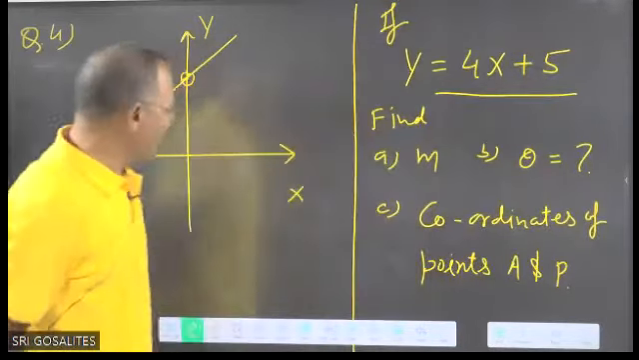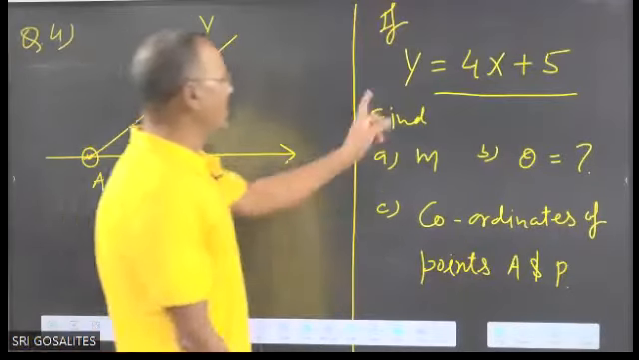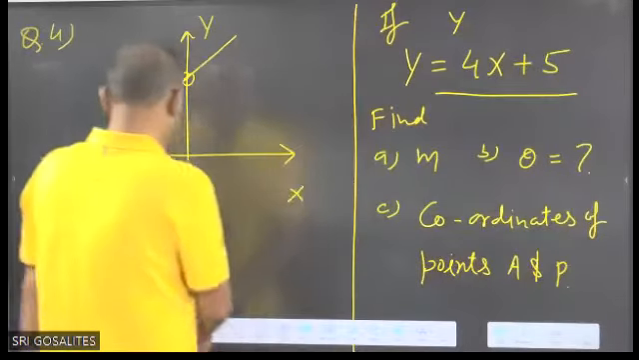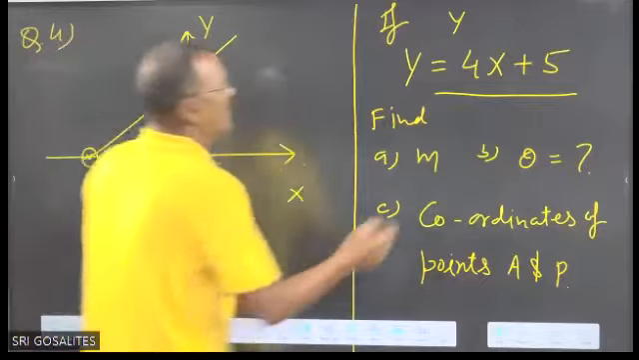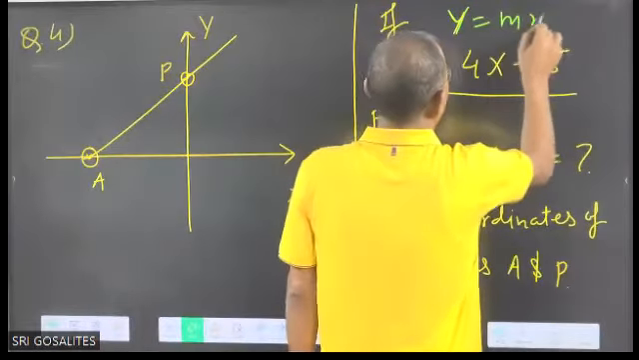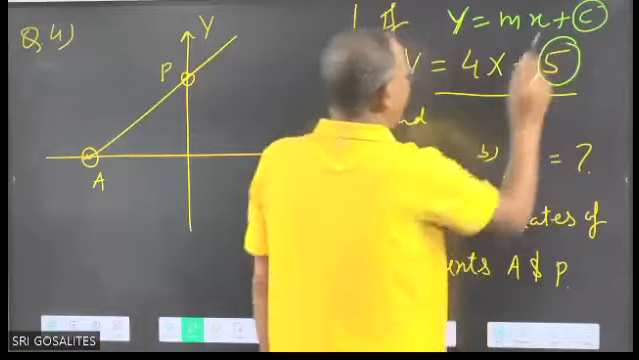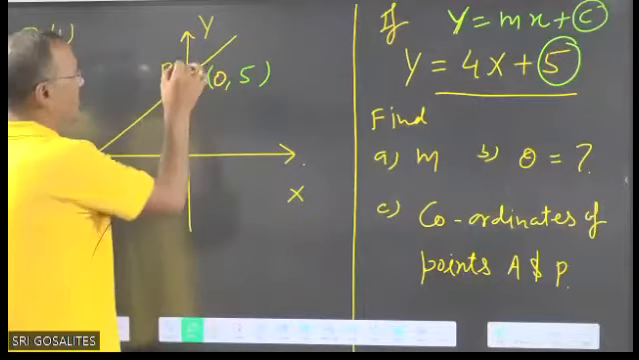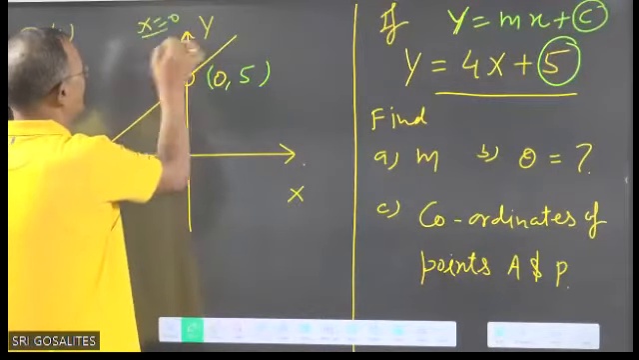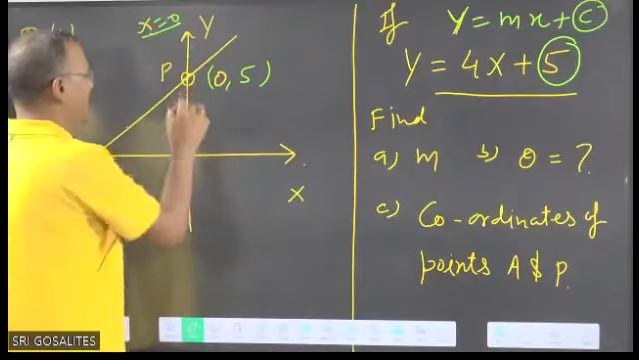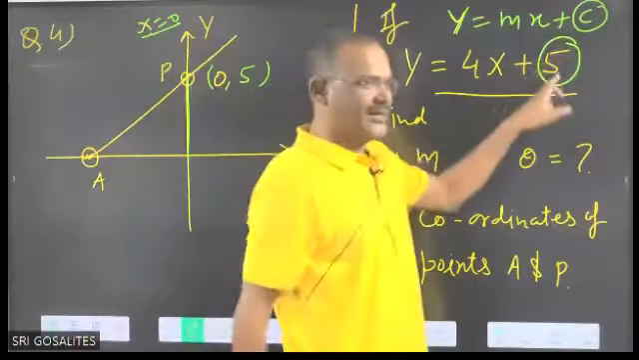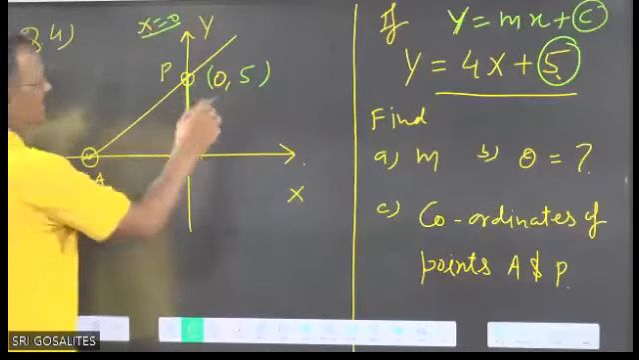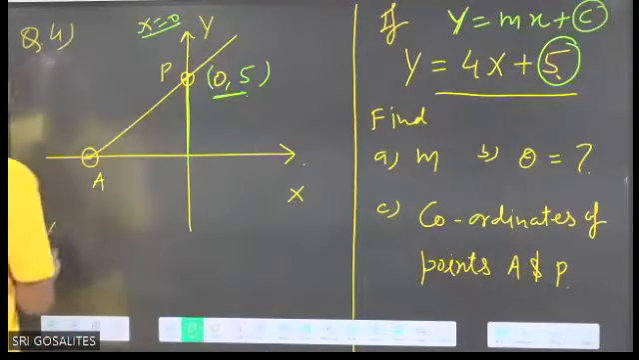Pens down. Now listen. The equation of the line was y = 4x + 5. This is similar to y = mx + c. Is this so or not, children? So by comparison, the intercept is 5. So the coordinates are (0, 5), because on the y-axis what is x? 0. So the x coordinate is 0. What is y? The intercept. How much is that? 5. So first we got the coordinates of point P. Answer of A,